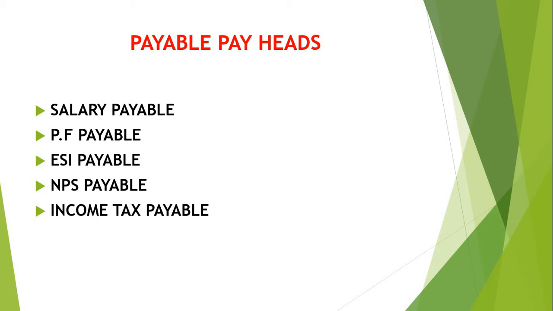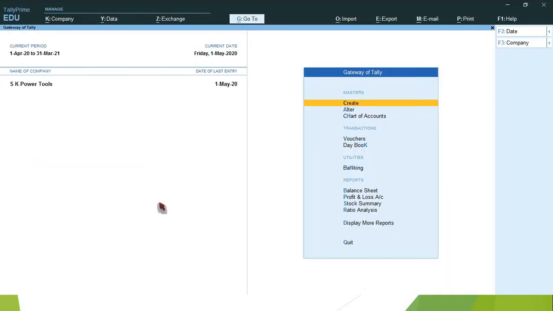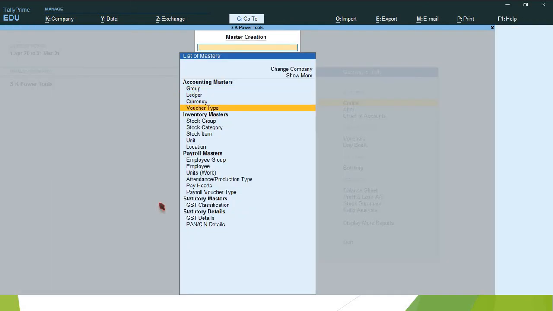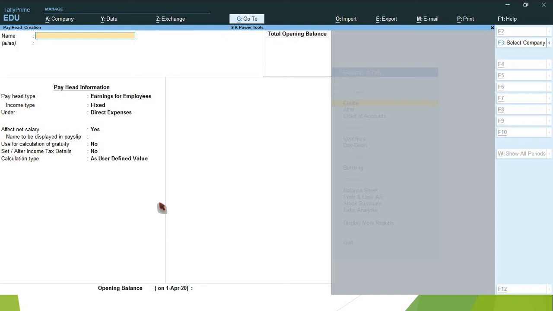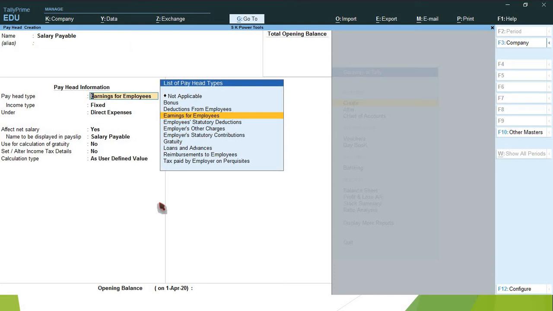Go to Gateway of Tally, select create, go to payroll master. In that you have to select payhead, type it, salary payable, payhead type.